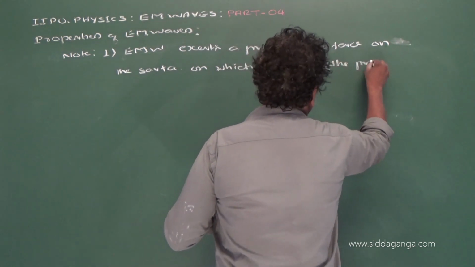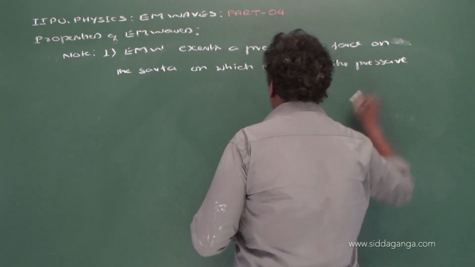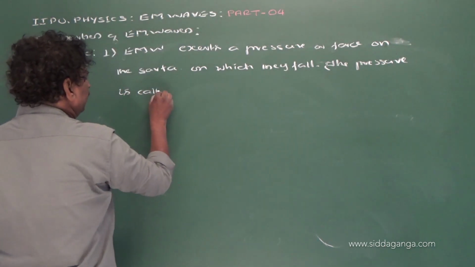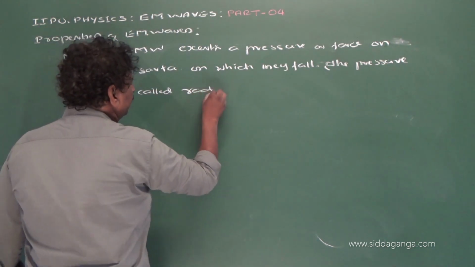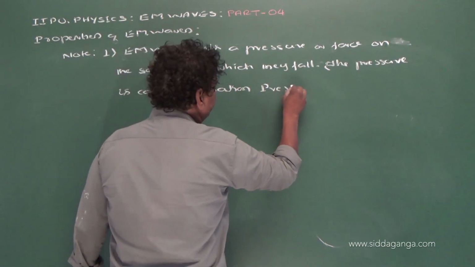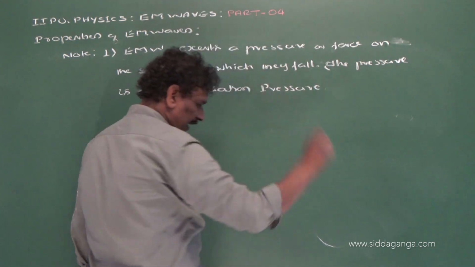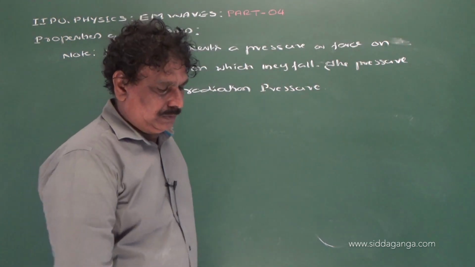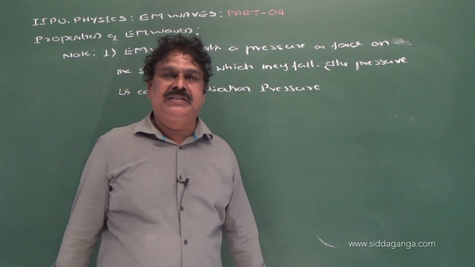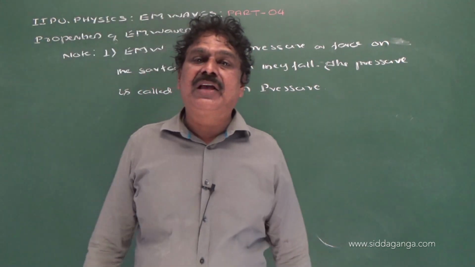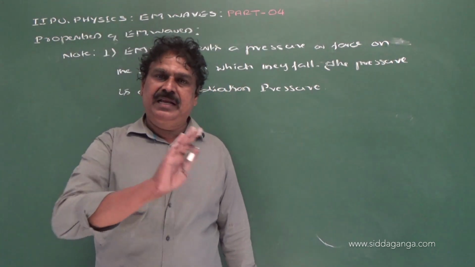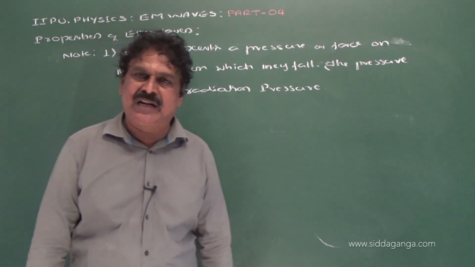The pressure is called radiation pressure. So now when electromagnetic waves fall on a surface, they exert a force, because whenever electromagnetic waves carrying momentum